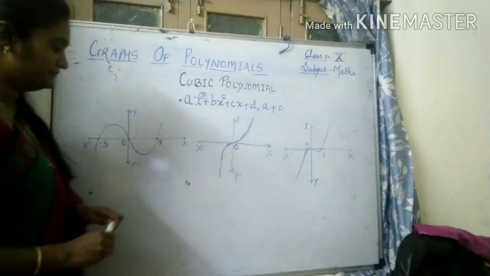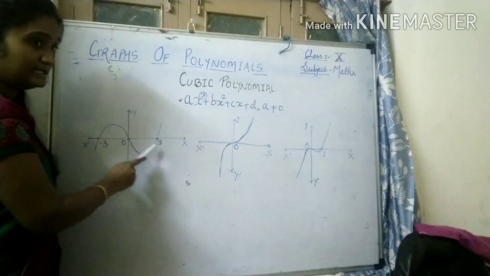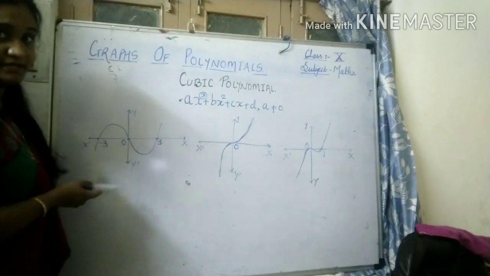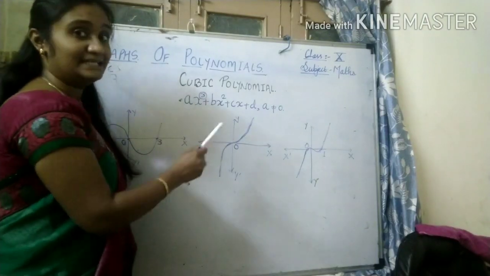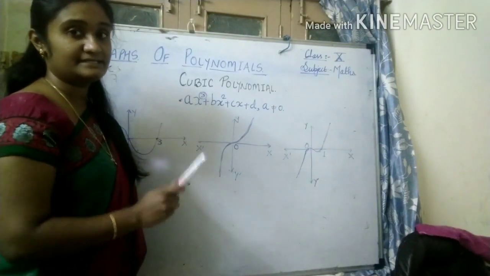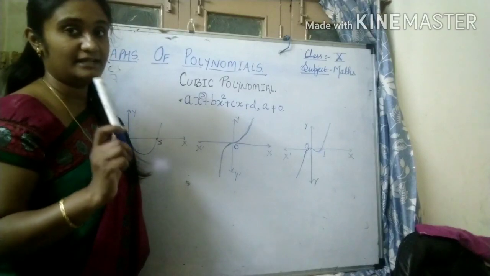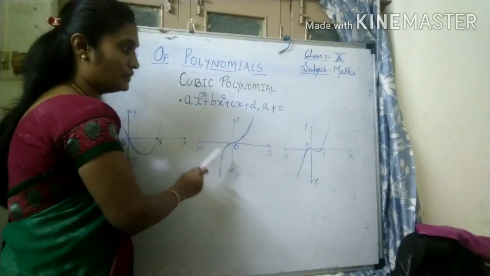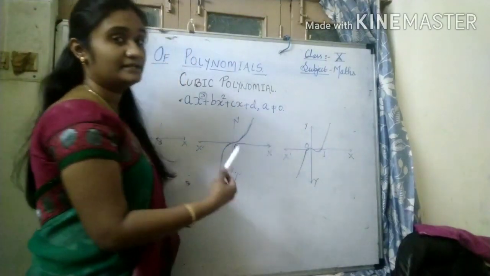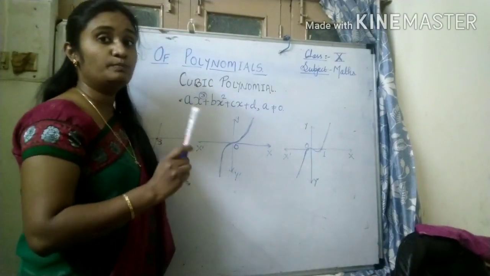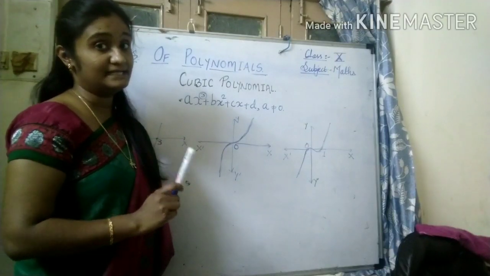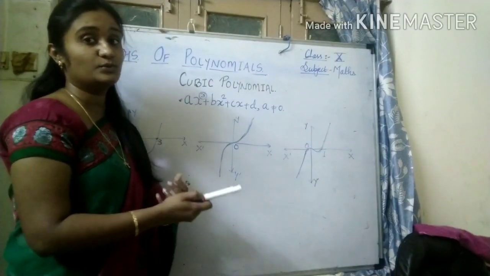Just a quick recap: with three distinct zeros, the cubic polynomial will meet the x-axis at 3 points. With three exactly equal zeros, it will cut the x-axis at exactly 1 point. And if two zeros are equal and the third zero is different, it will intersect the x-axis at 2 points. But it doesn't mean it only has one, or two zeros.